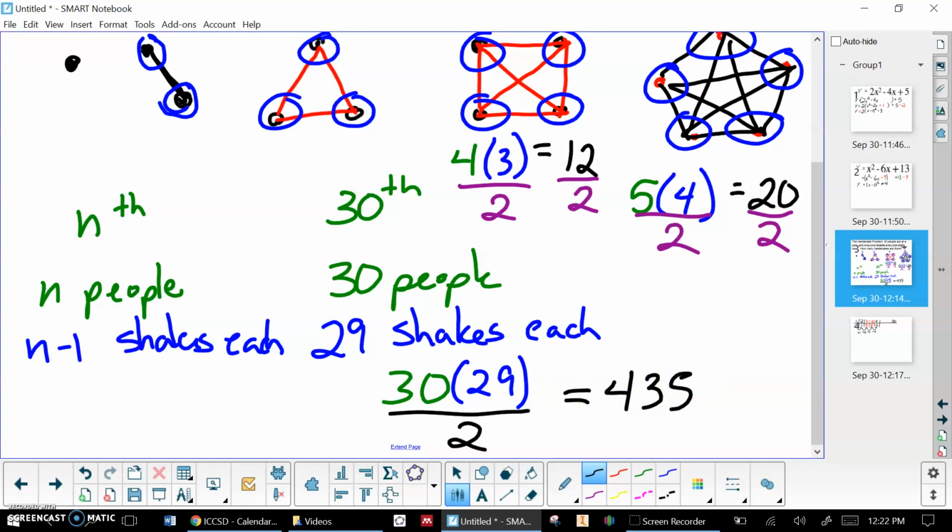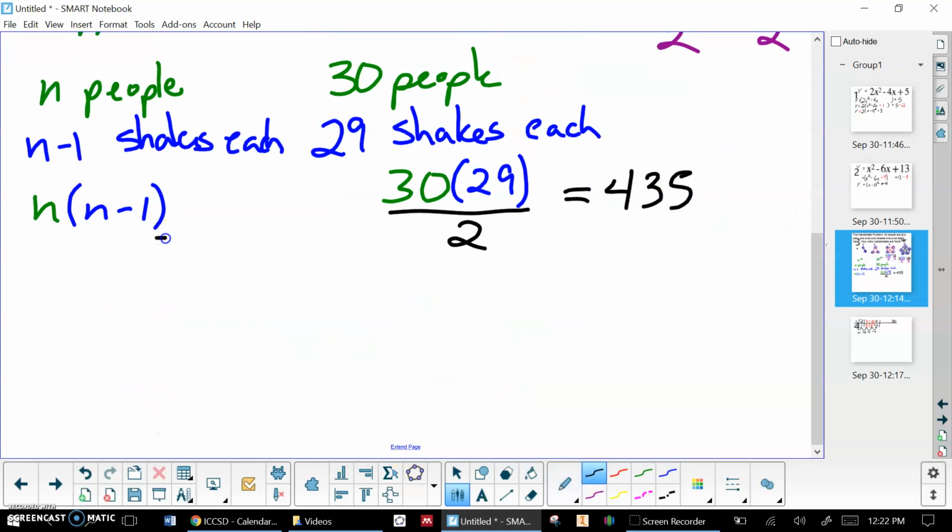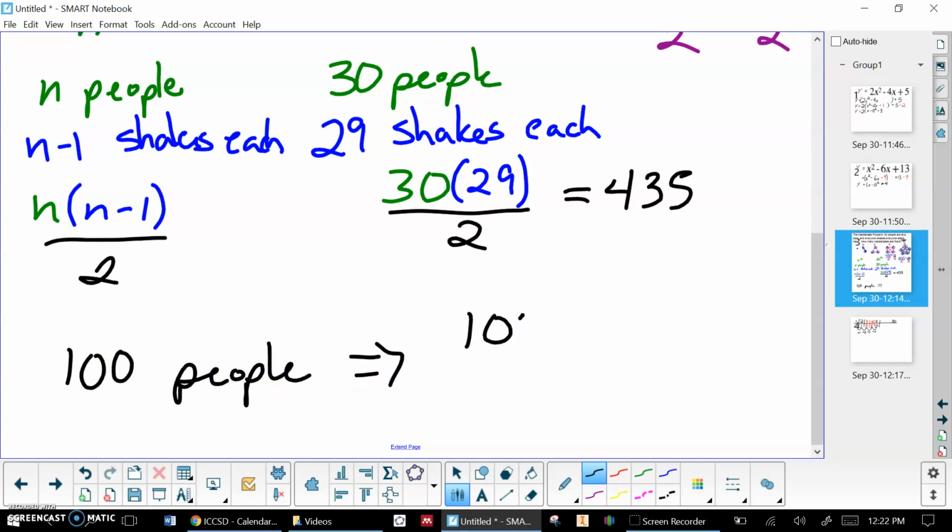If I wanted to write the rule now, I could do the exact same thing. N people, n minus 1 handshakes each, but I need to divide by 2 because each of those is going to get counted twice if I do it that way. And that lets me do this rule for any amount of people I want. If I want to know for 100 people at a party, I could just plug it into my formula. 100 times 99 divided by 2. And calculator says,